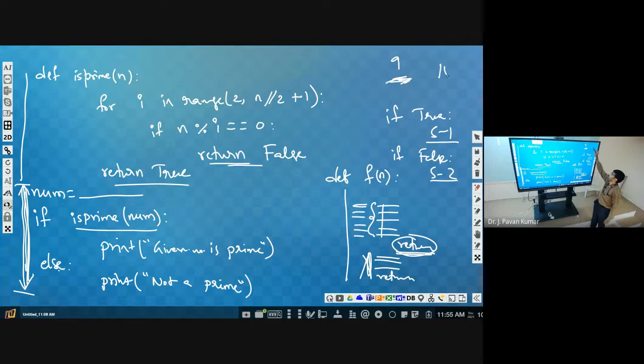You consider 15. You can consider 8, anyway 2 is divisible. Yeah, 27 you can consider. Any other? You can consider 25. 25 is the best example, I can say, because 2 it is not equal to 0, 3 also not equal to 0, 4 also not equal to 0. But it is not a prime. Right?